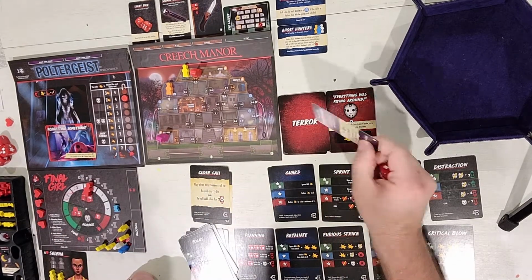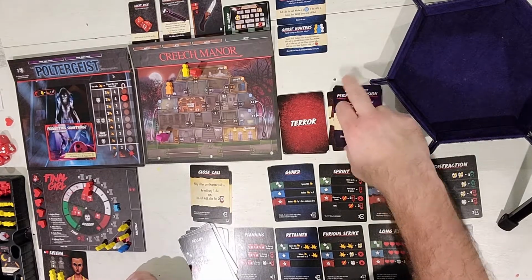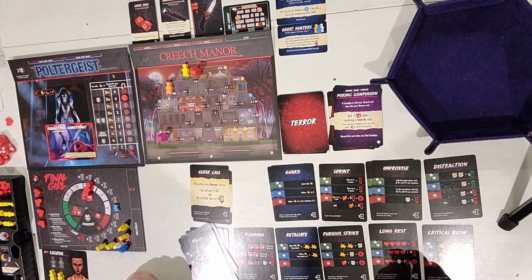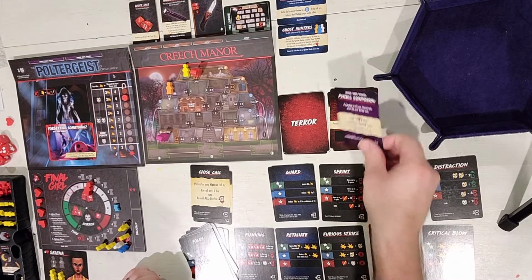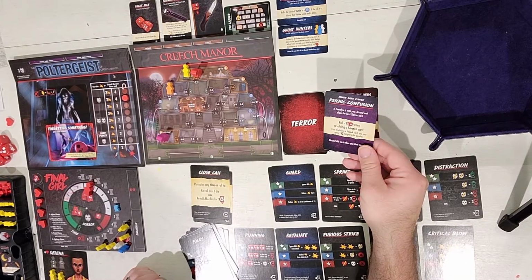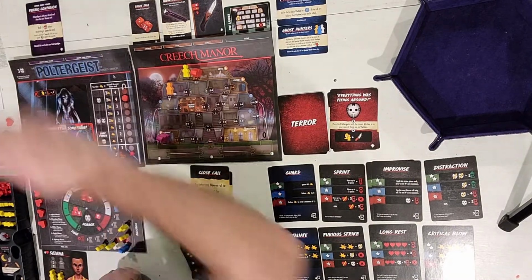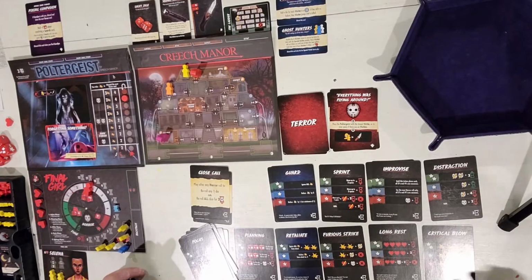Then we're going to flip a terror card. Minor Dark Power, Psychic Confusion. If Carolyn is with you, discard and draw the next terror card. Instead, it's going to be roll -1 die when resolving a search card. Prior to playing a search card, you may spend 3 time to ignore this penalty. Discard this card when you find Carolyn. So,